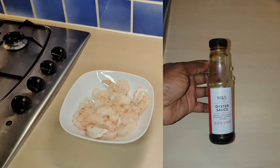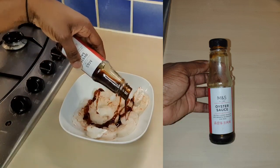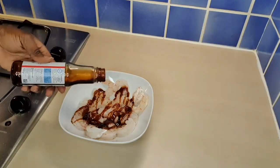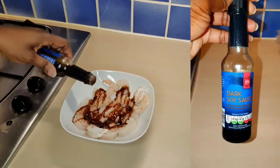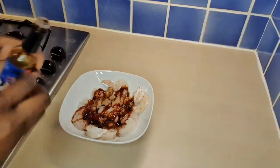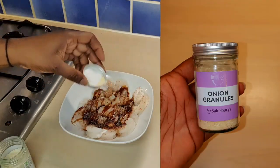So this is my already washed and dried prawns. I'm just going to add some oyster sauce to it. I put a generous amount of oyster sauce in it, not too much because it's quite salty. So after the oyster sauce, I put some dark soy sauce and onion granules,